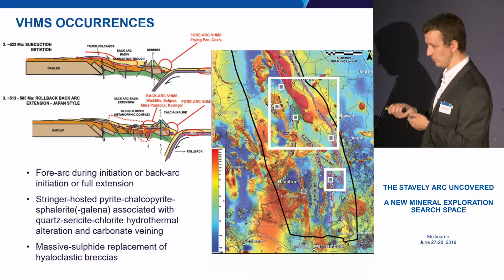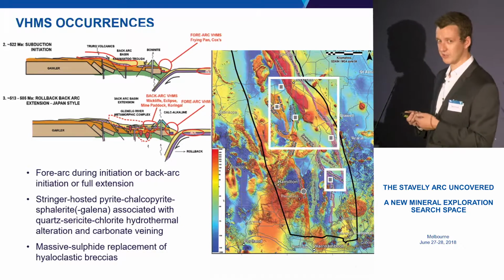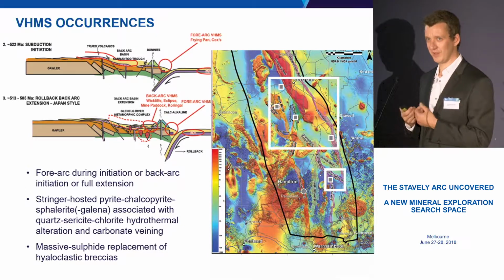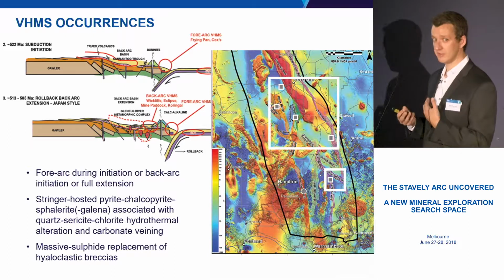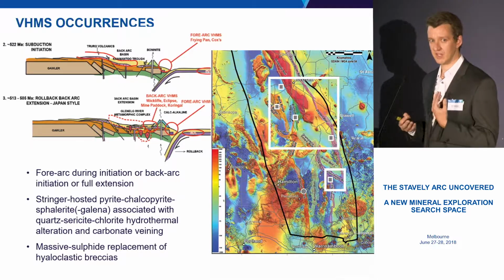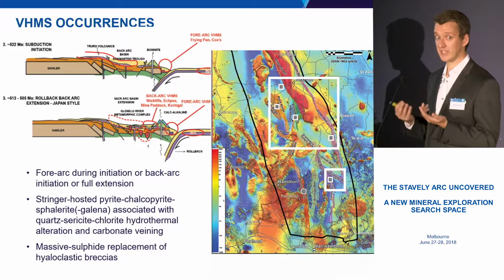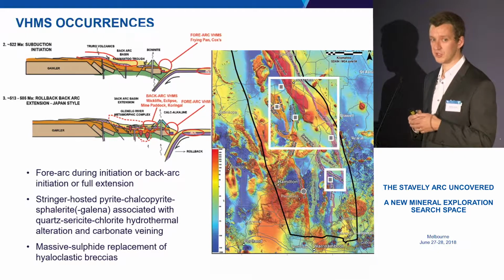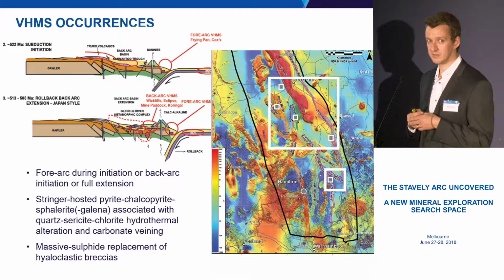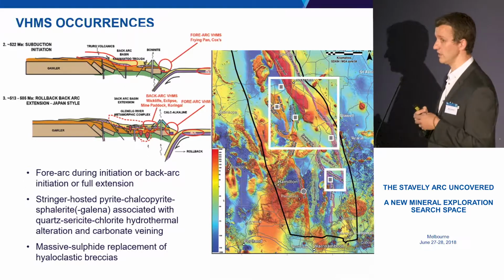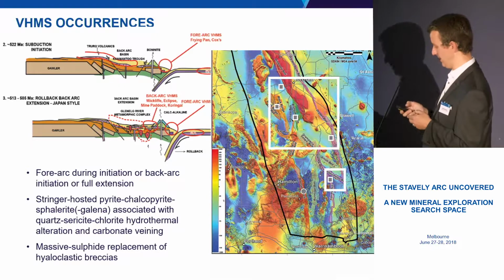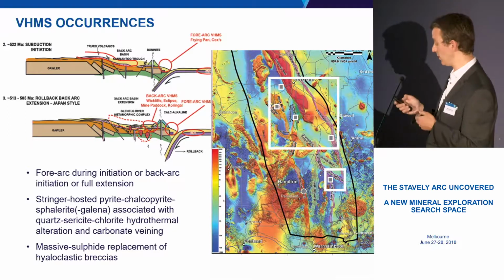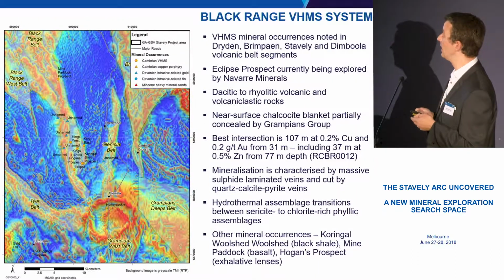Getting back to the question about Wycliffe, I'm not actually going to talk about Wycliffe, but what Wycliffe represents is it could be a hybrid system. The sulphur isotope data for Wycliffe are strongly positive, so it's not just a simple porphyry-related system. There's some involvement of seawater there, and the style of mineralisation doesn't really look like a porphyry. But again, that could just be host rock control. Yeah, it's up for debate.